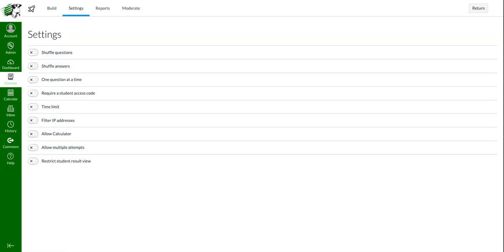All right, let's take a quick look at the settings in new quizzes in Canvas. So I'm in the quiz. I am on the settings tab at the top, and I'm going to go down and talk through some of these. So the shuffle question option would be to shuffle the questions within the quiz so that